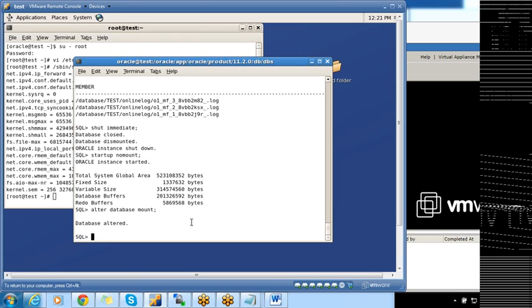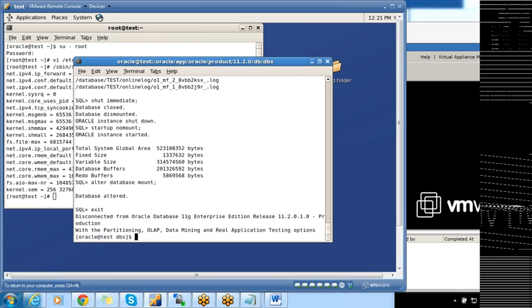Okay, let the database be in mounted mode. We'll do exit, rman target /. And remember, using RMAN also we can take a cold backup. But the only thing is, we'll not shut down the database, we'll put the database in mount mode. If you want to take a cold backup using RMAN, you have to put the database in mount mode.